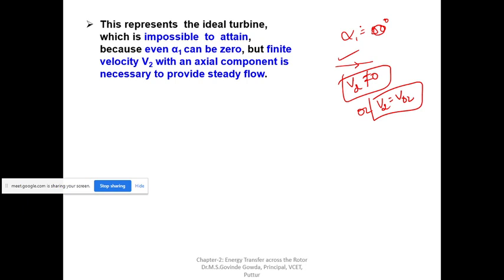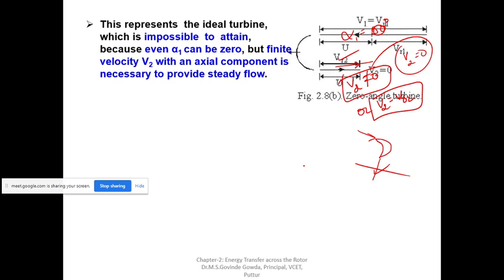Are you understanding now what we mean by V2 equal to 0? V2 equal to 0 means there is no outlet velocity. Whatever is coming inside the turbine is getting consumed there only, and no water goes outside, which cannot be true at all. If there is some water inlet, there should definitely be some outlet. Otherwise it doesn't make sense, because all the water would be consumed inside the turbine and there is no energy spent outside. So that is the condition here.